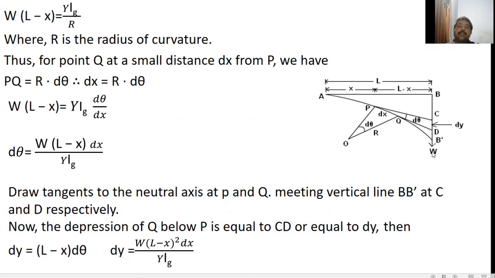So when the weight or force is applied, the beam takes the position A B dash and comes to the equilibrium position. When the beam is in the equilibrium position, the external bending moment balances the internal bending moment. We know that the bending moment is given by omega into (L minus x), and the expression for the bending moment is Y I g by R. Therefore,